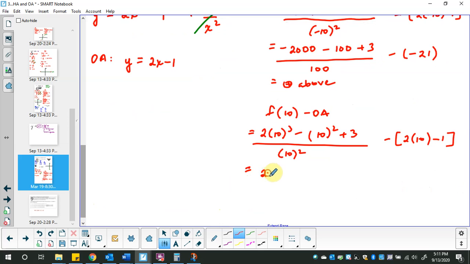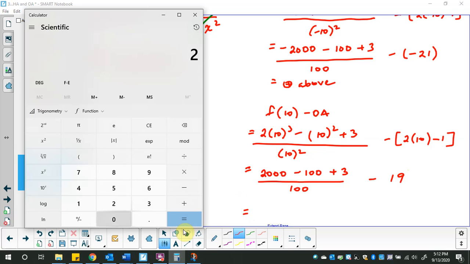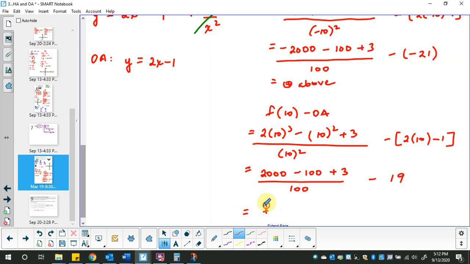So 2,000 minus 100 plus 3 over 100 minus 20 minus 1 is 19. No bracket necessary. Calculator. 2,000 minus 100 plus 3, see the result, divided by 100, see the result, minus 19 equals a positive answer,